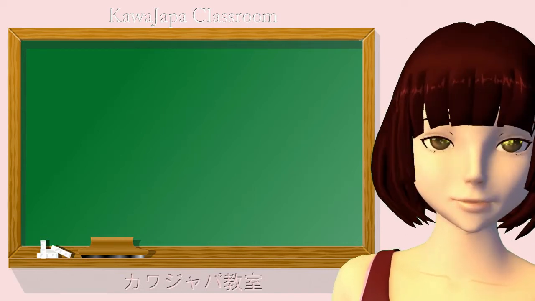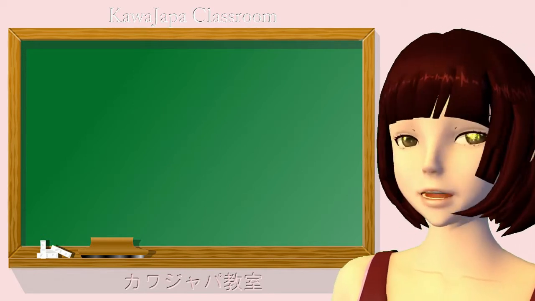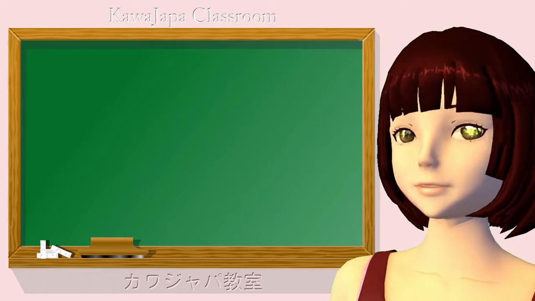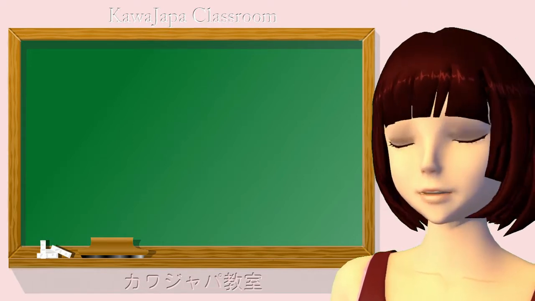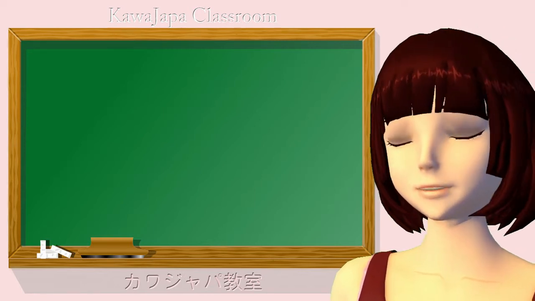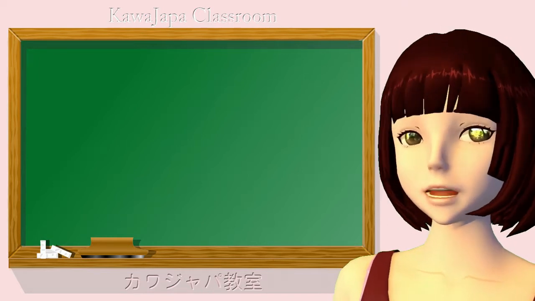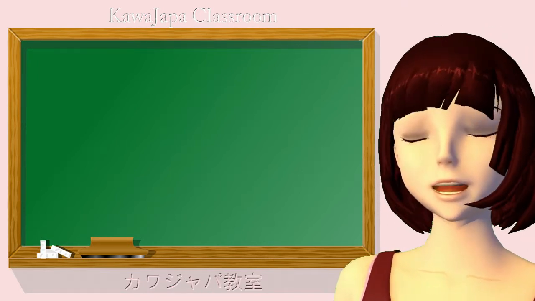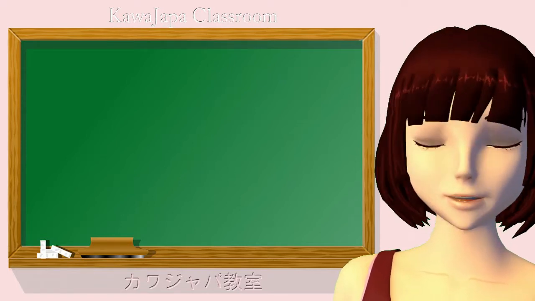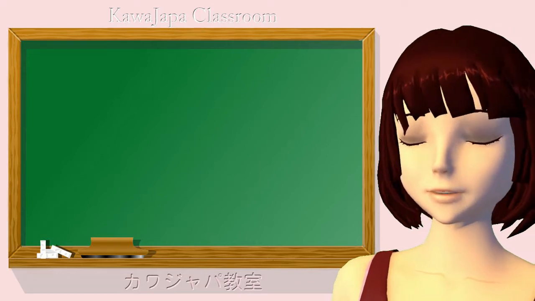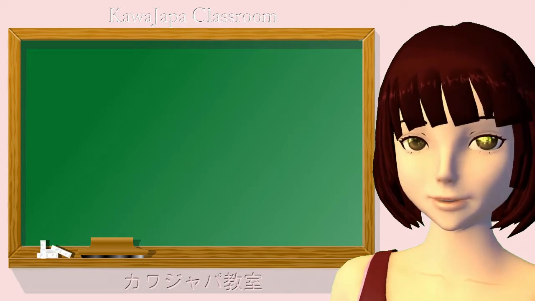The first thing to understand is that ga does not necessarily mark new information. It can also mark old information, but it will always tend to throw the emphasis back onto the noun it's marking rather than forward onto the statement we're making about it. And the more unexpected the ga is in a sentence, the more you would normally have been expecting wa or nothing at all, the stronger that emphasis becomes.